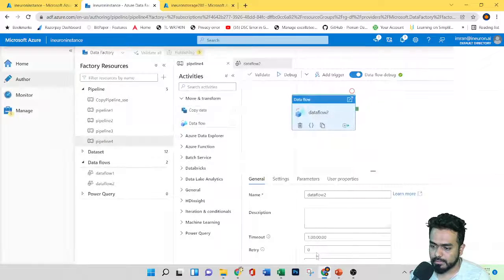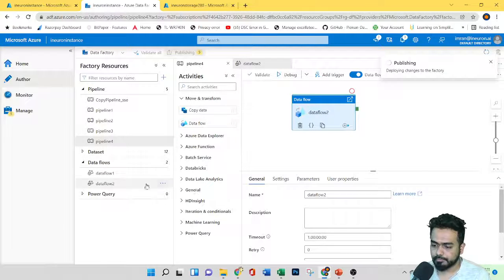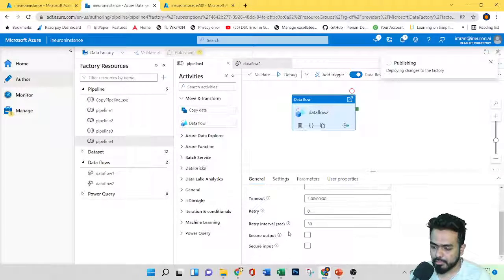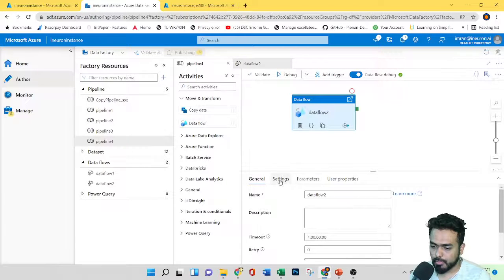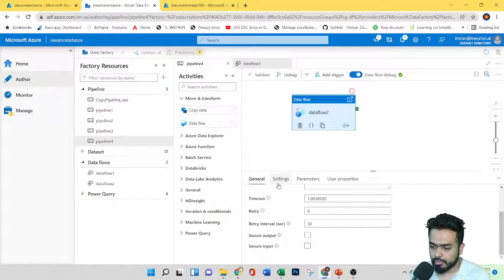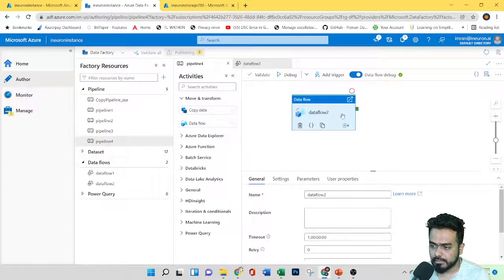With respect to the pipeline, you can also change settings like user properties. This we have all discussed, like user properties, securing output and input, and you can see the parameters and all those things. Publishing is done, so everything is correct.